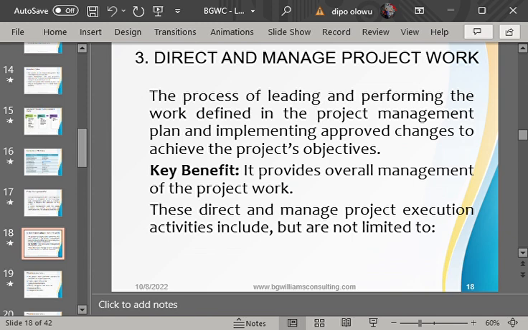Earlier in the class, we looked at project integration management, which is the main topic, and we understood from that discussion that project integration management is simply about the integration of all aspects of the project together.